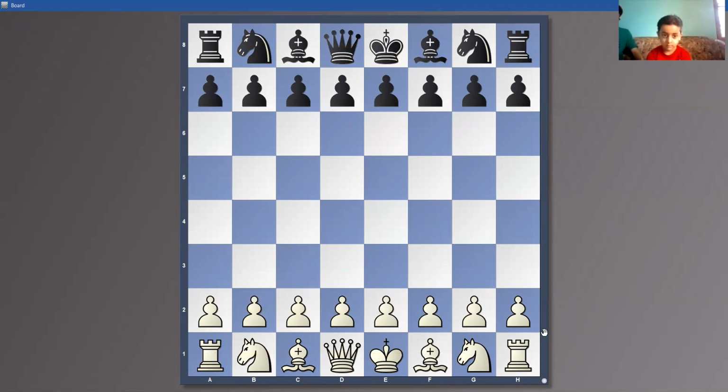I will tell you one example of how to tell someone if you want to move something. For example, if I am playing as white and I want to make a move, let's take this pawn. Can you see I have highlighted this pawn? Yes. So first I will tell you which square this pawn is standing on. This is on E file, and as you can see, this is on second rank, right? Because this is on E file and on second rank, the full name of this pawn will be E2.